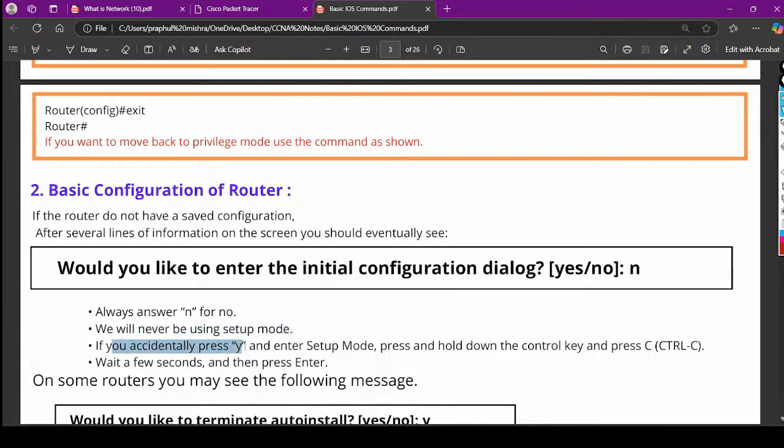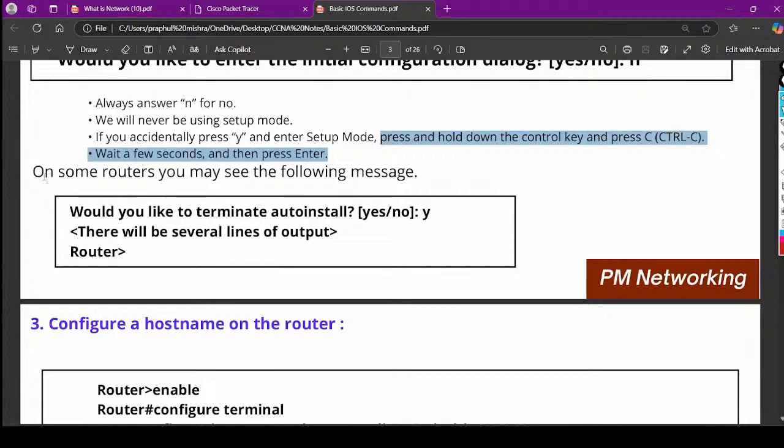If you press yes, then you enter the setup mode. Then the router is going to ask you many things, a lot of information you have to provide, right? So press and hold down the control key and press C to get back from there. Wait for a few seconds, then press enter, you will get back. Okay,